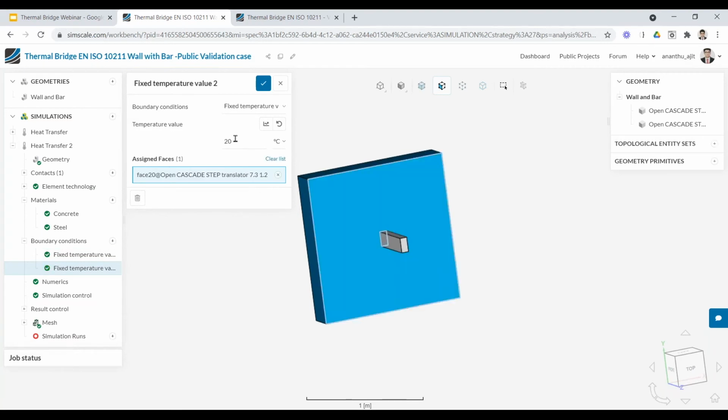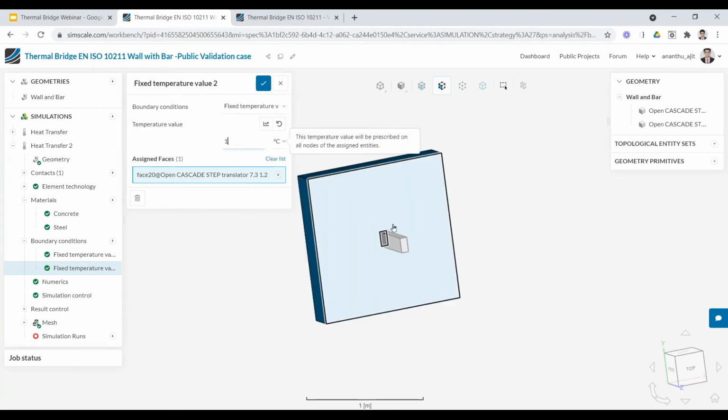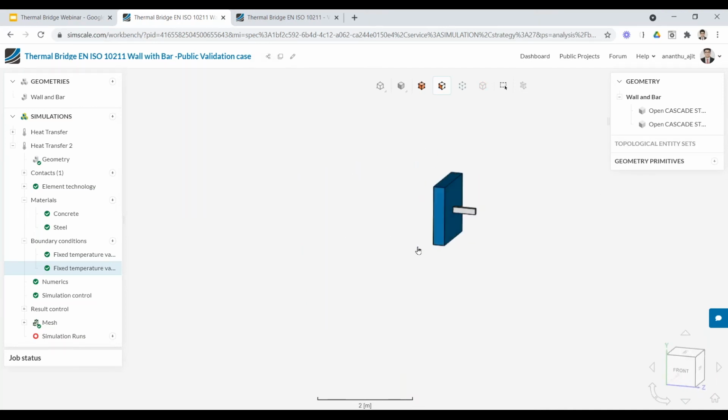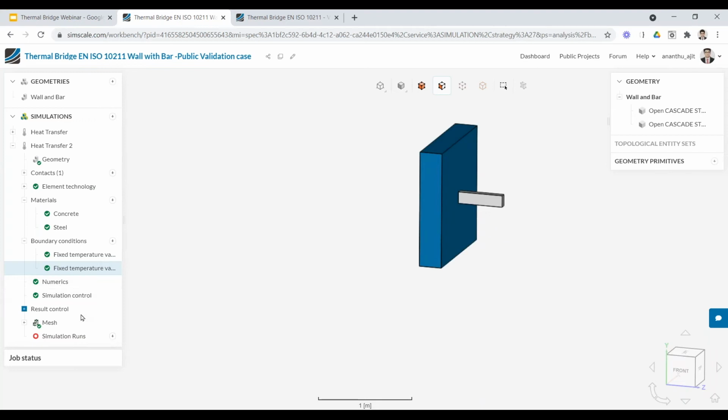For example, you can give 1 degree Celsius or even 20 degrees Celsius if in reality you want to simulate a difference between 0 and 20 degrees Celsius. So just go with 1. And once this is done, you can simply go ahead and start the simulation at this point. So